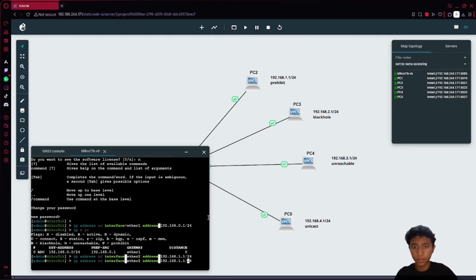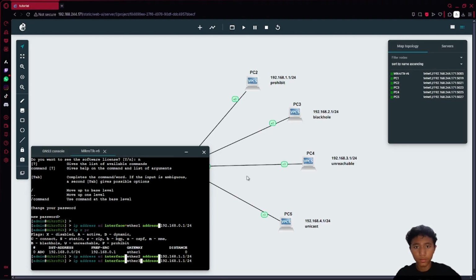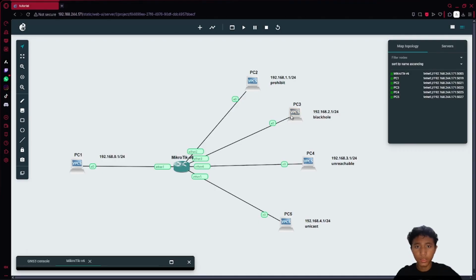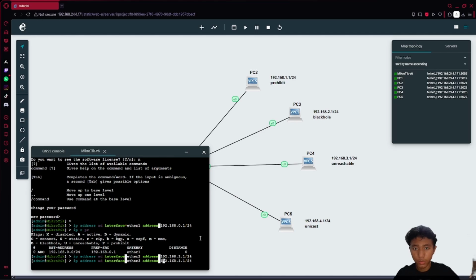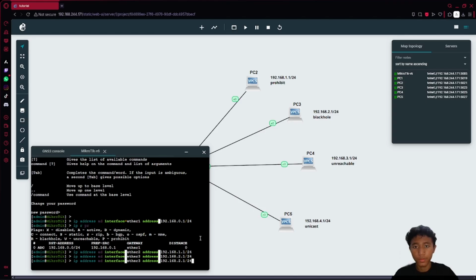Then next we go to ether3, which is PC3, using address 192.168.2.1/24.